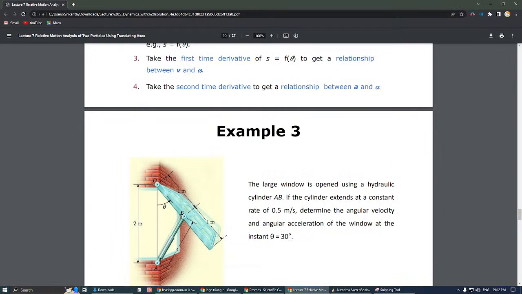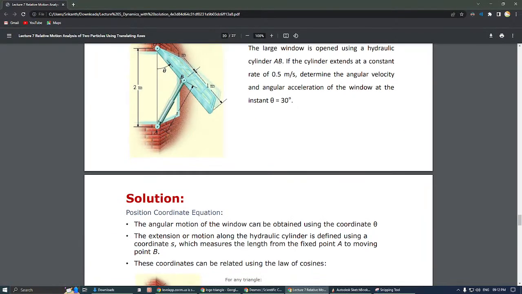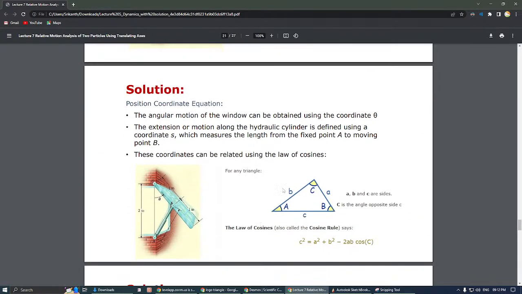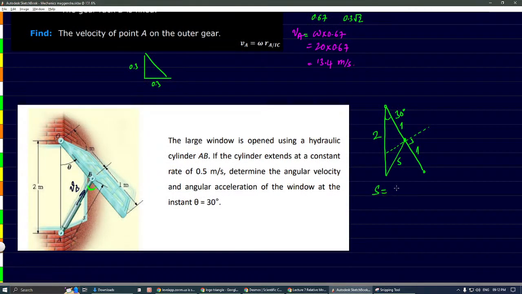Oh, okay, he's using the cosine rule. With cosine rule, we can find the value of s. Okay, so c square. Angle c is opposite side of c. We want this, so the angle opposite of that is given. So we need to use s equals